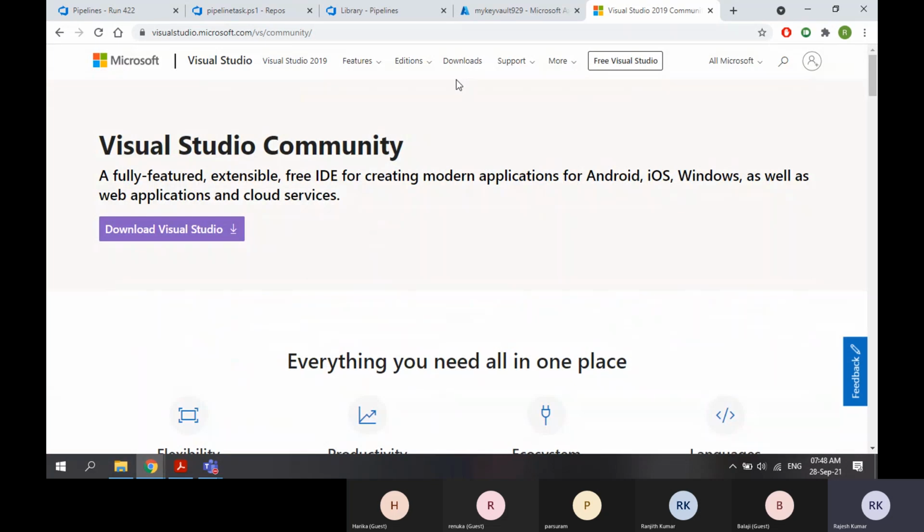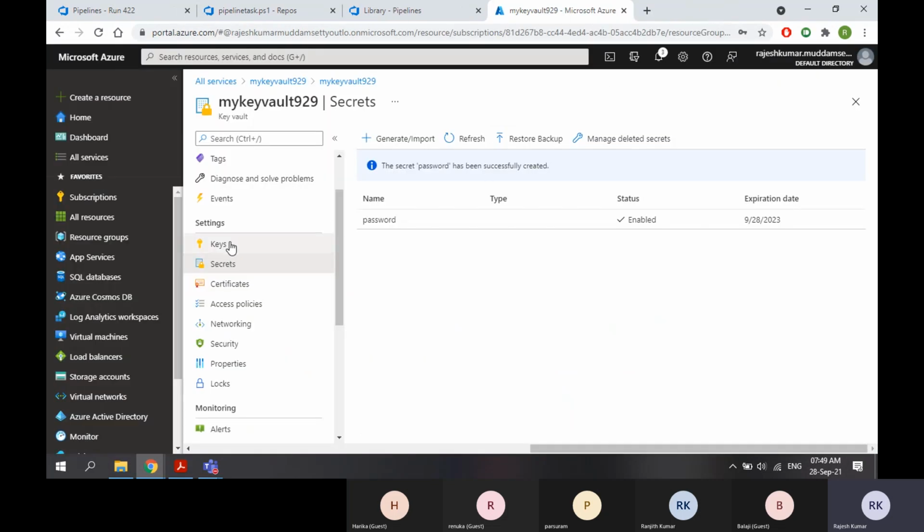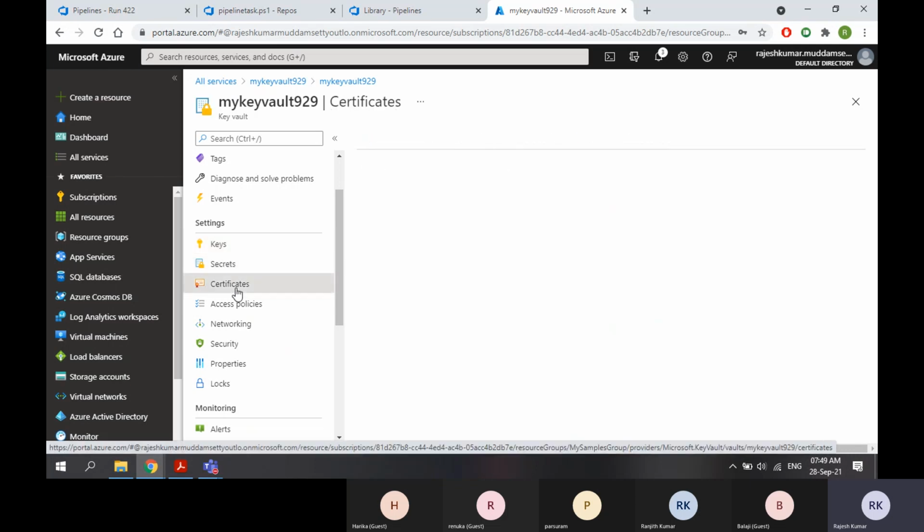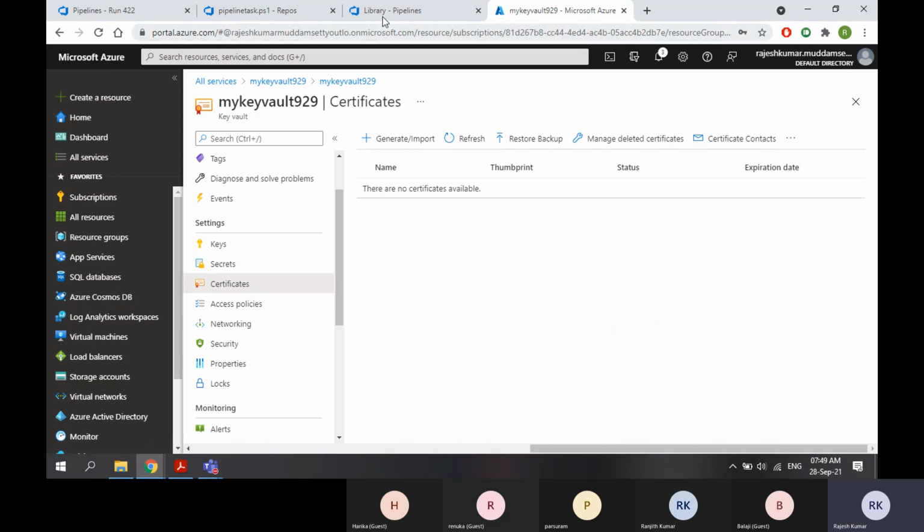In my office environment, I am able to see some previous Visual Studio versions with their keys. It's not available openly. So keys are something like product keys, whenever you want to install Windows or any professional software which has valid licenses. When it has a license, you need to have a proper license key. Those keys you don't want to expose outside, so in that case you can keep them here. Create a key and keep it here. If you want to save some secrets, you can do so here. And certificates. See, these are all the options.